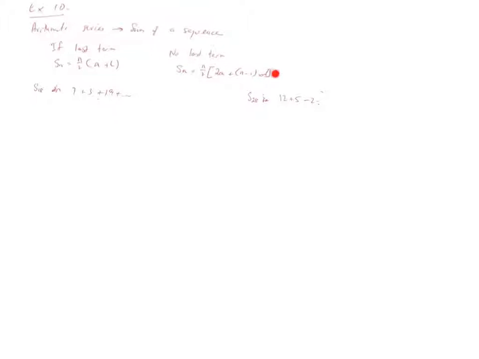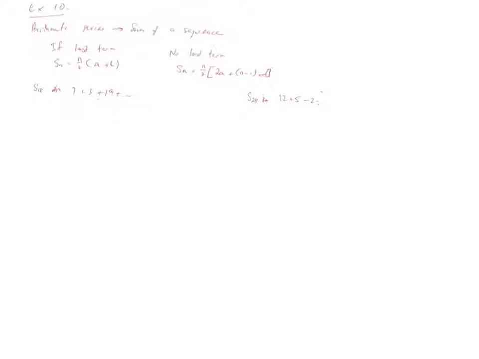If we don't have a last term, then the formula is n over 2, however many terms, then in brackets 2a plus n minus 1 times d, and d is a little bit difficult to see there, but that's multiplied by d. So it's very similar to the formula for finding the value of a specific term, but this is very similar. So we're finding S18 in this, where we've got 7,